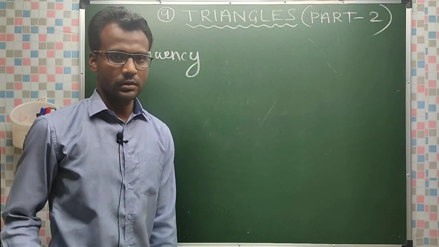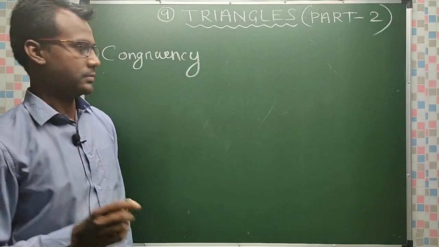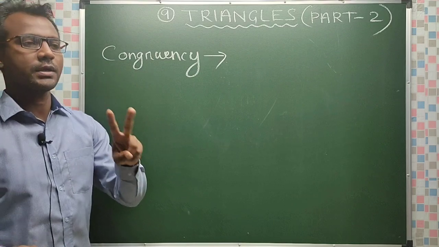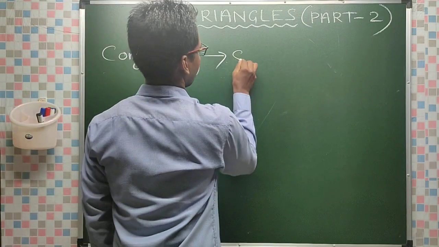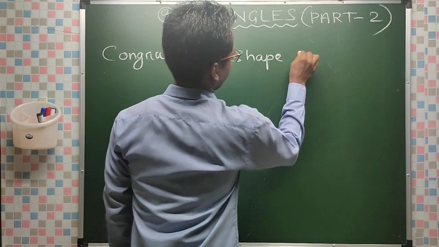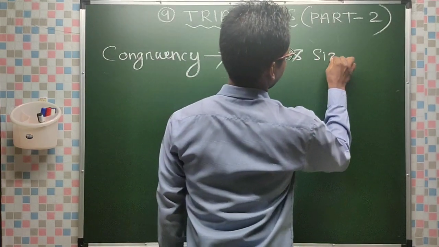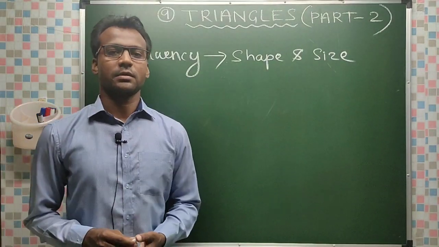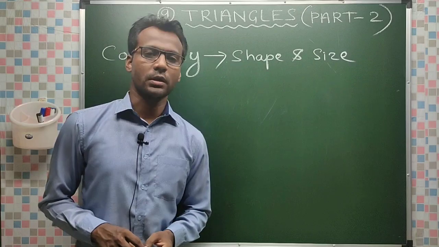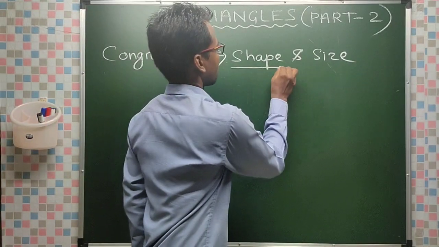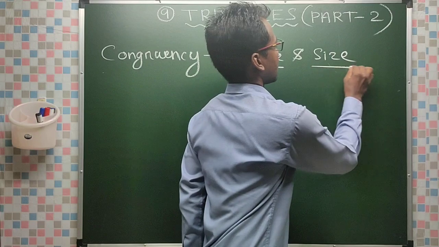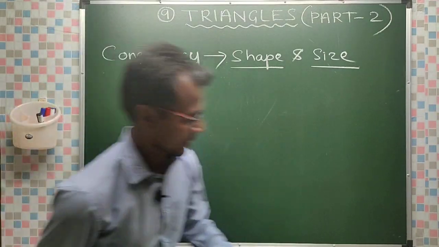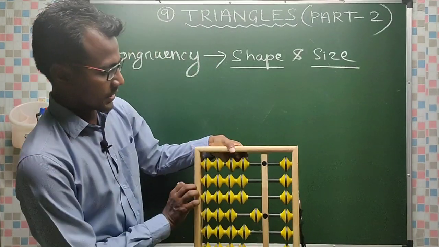Congruency. Okay, first we will understand what is congruency. Remember, in congruency you have to see two things: shape and size. That means any two objects are said to be congruent if they have the same shape and they have the same size. Okay, for example, see this